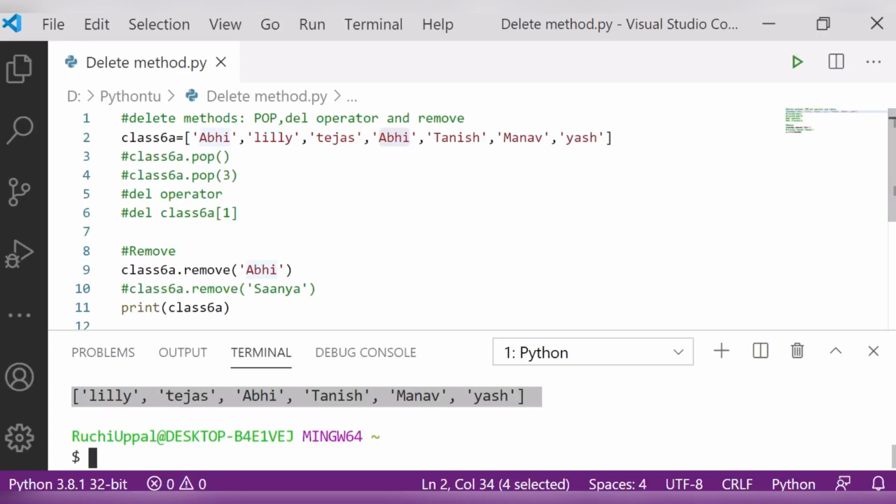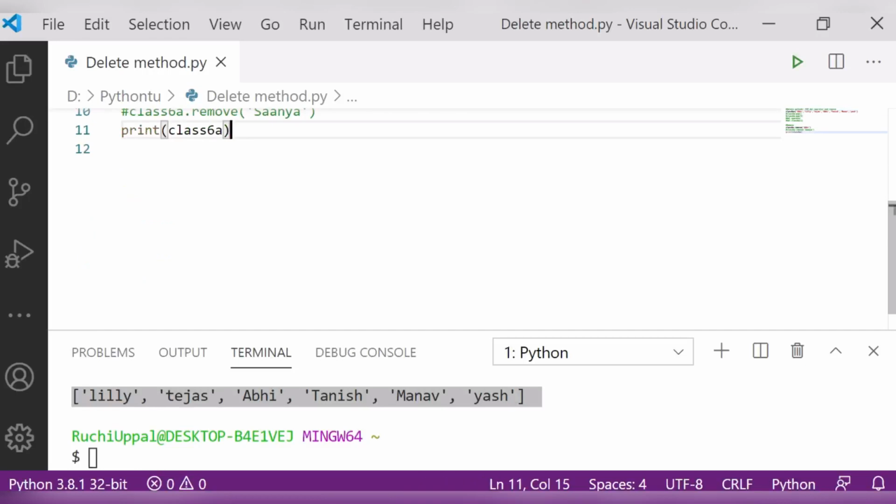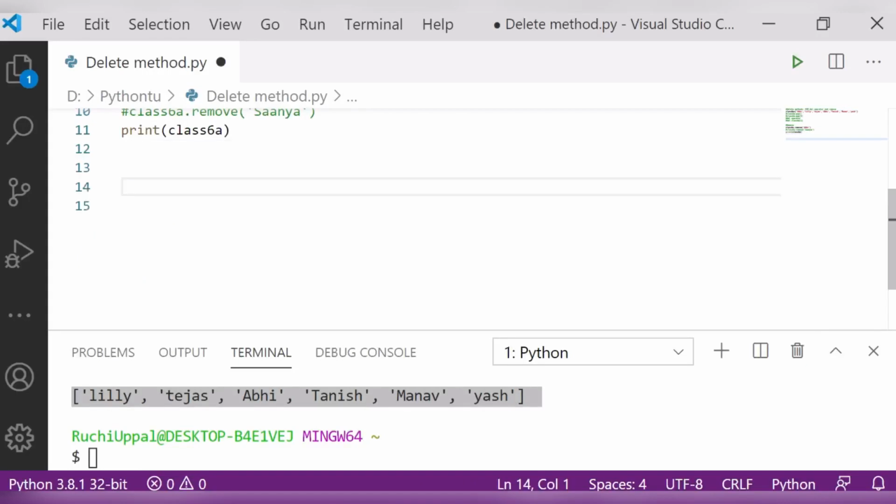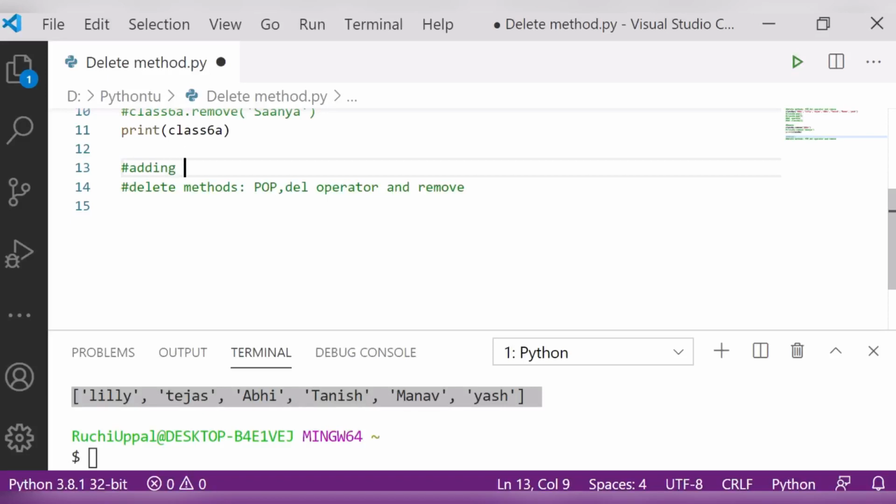So we have three methods over here. Let's have a quick recap. I am simply writing over here what we have learned: delete methods, and what about insert methods? We have learned adding data also. So what were the methods?